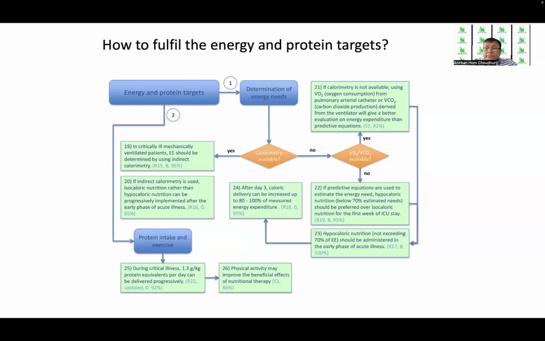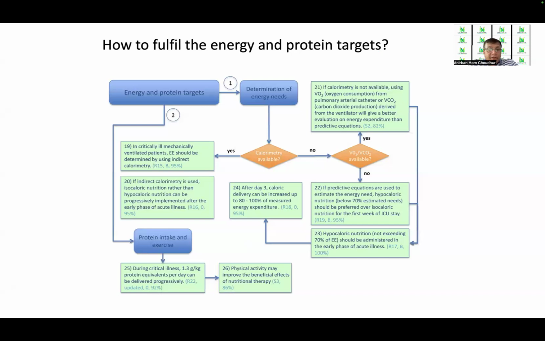Whereas with calorimetry-based calculations, it was found that if isocaloric nutrition has to be maintained, then the maximum effects can be obtained if it is started right from the beginning. So that is why this preferential difference of isocaloric versus hypocaloric feeding, as determined on the basis of either calorimetry or predictive equations,